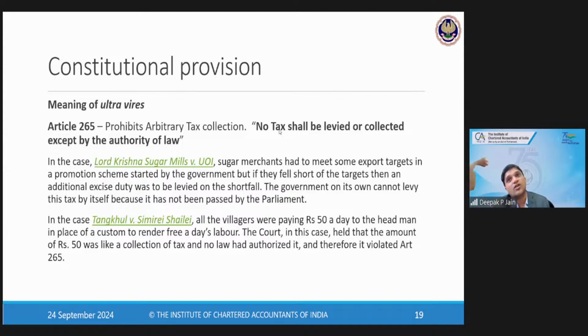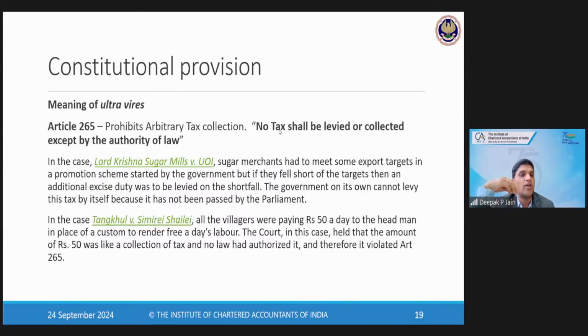If the government, the municipality, or any authority wants to collect any taxes, it shall be only by the authority of the law. The authority of law flows from the Constitution. From the Constitution, the authority flows, then the act is made, then based on the act, you can collect the taxes. Okay. In the case of the constitutional provision of 265, one case went up to the Supreme